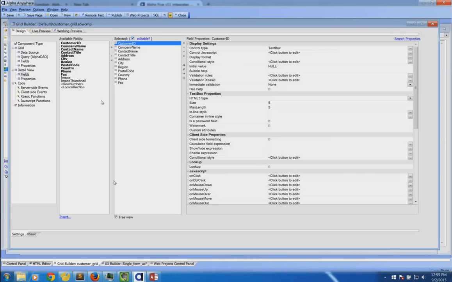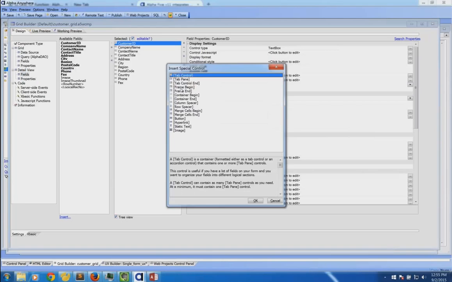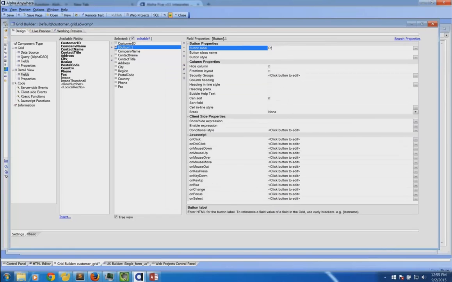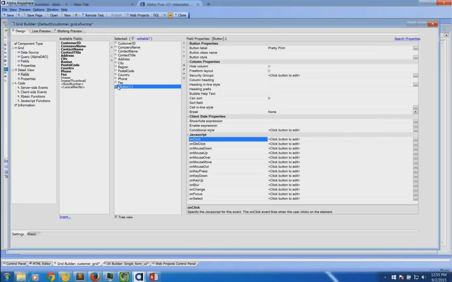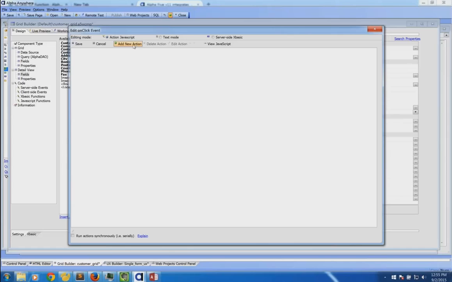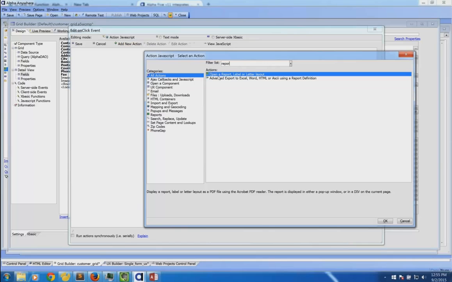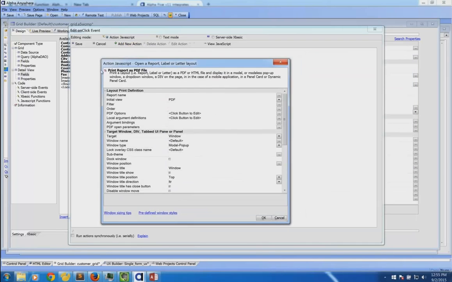So I'm going to go into the fields for the detail view. I'm going to insert a button. I'm going to call this pretty print. And I'm going to go ahead and put that at the bottom, down here. Now I'm going to go to the on-click event for this button, and I'm going to go into Action JavaScript, and I have an Action JavaScript here called Open a Report Label or Print Layout. So what this Action JavaScript does is when the button is pushed, it's going to open a